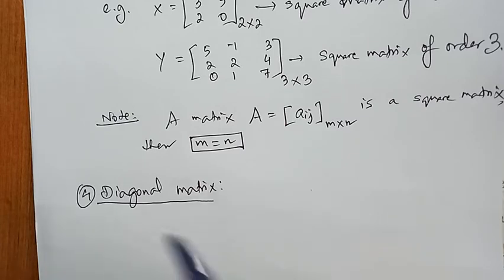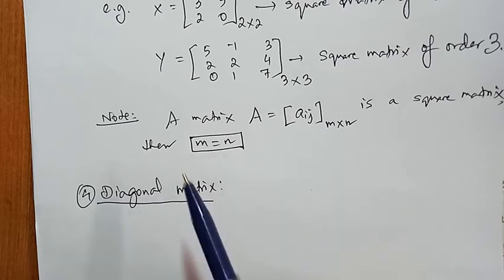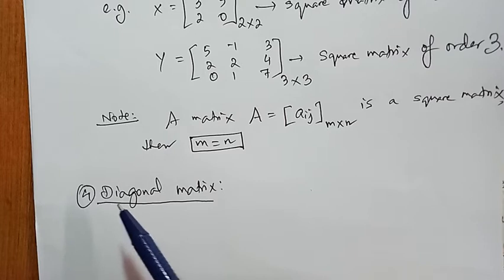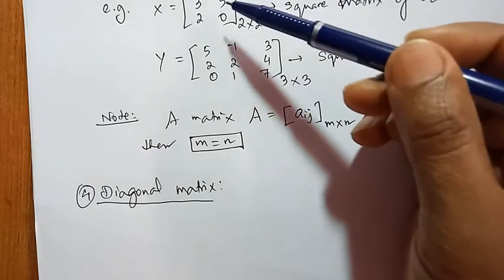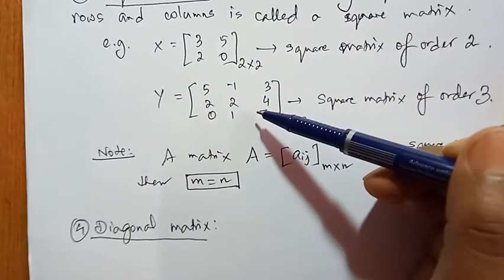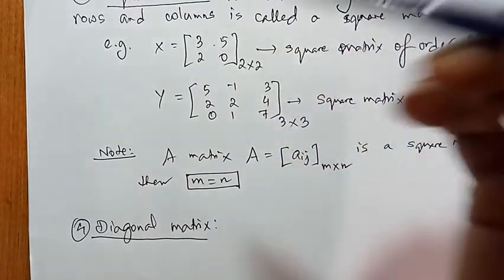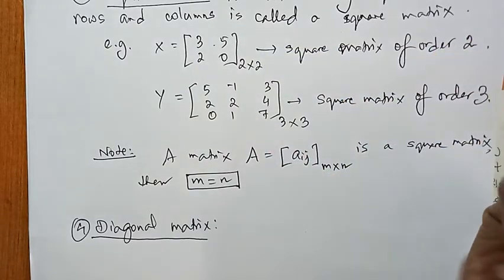When you find the diagonal elements of a matrix, first the matrix must be a square matrix. Okay, and after that you can find the diagonal elements of the square matrix. So see here, these two matrices are both square matrices. So when you find the diagonal elements,